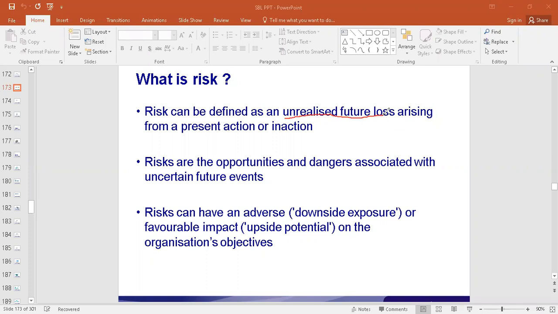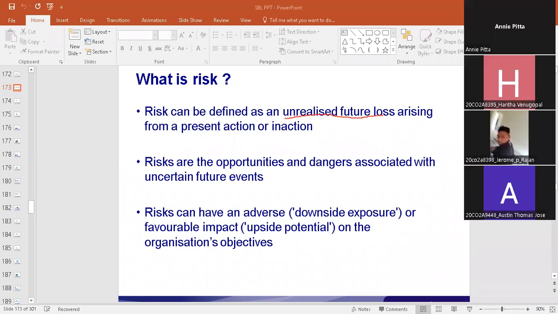So risks are the opportunities and dangers associated with uncertain future events. Because of these uncertain future events, any variation that happens